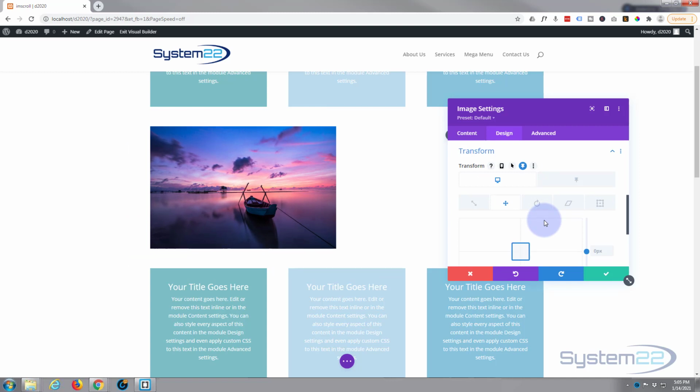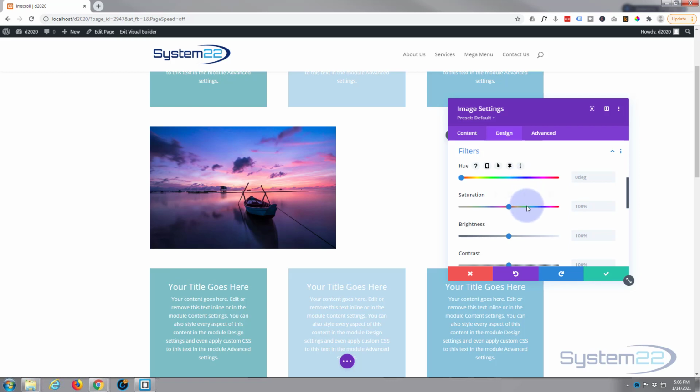I also want it to go black and white and to be a little bit see-through, which is opacity. So let's go up above transform there, and we'll go into our filters. Now to make it black and white, I can take the saturation down. So again, we're going to hover over the dark writing, hit the pin icon,